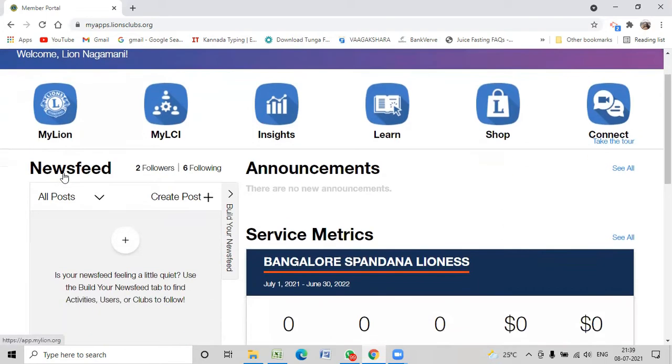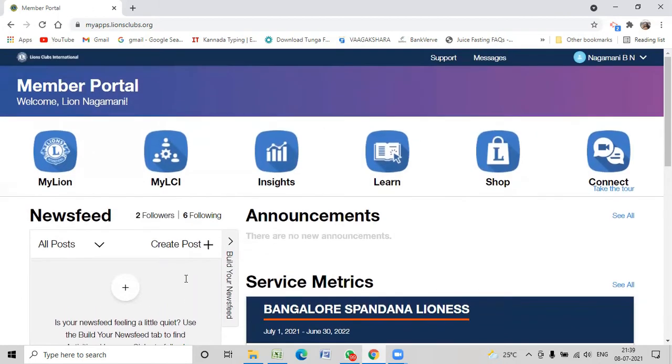Now let's quickly go through what is available on the home screen of this app. On the top, you will see this is my president's login ID that I've logged in through. In case you want to check out your profile, as in you want to update your profile details, any personal KYC, you can do it here, going to My Profile.